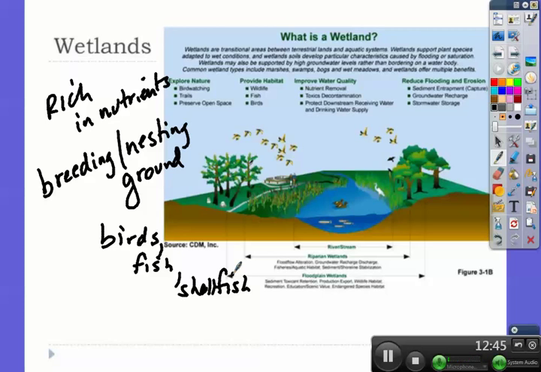They do, as you can see in the diagram here, some things over on this side are some environmental benefits. You see reducing flooding and erosion. Again, here, improving water quality. If you remember the TED Talk that we watched earlier in the year, where the guy was talking about the fish farm, that's basically a wetland, and it actually improves water quality. It's a reduction of flooding and erosion. You've got habitat for wildlife, and again, it becomes this really great breeding and nesting ground for those fish, as well as some of those predators that came into that wetland in Spain.